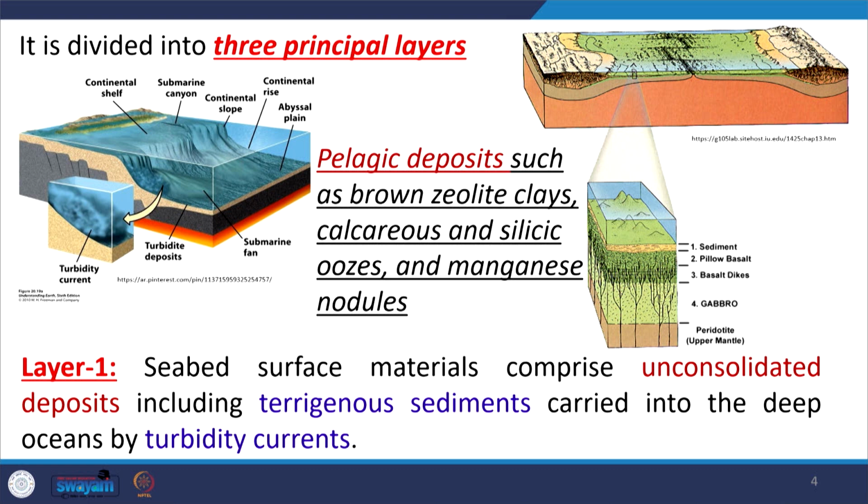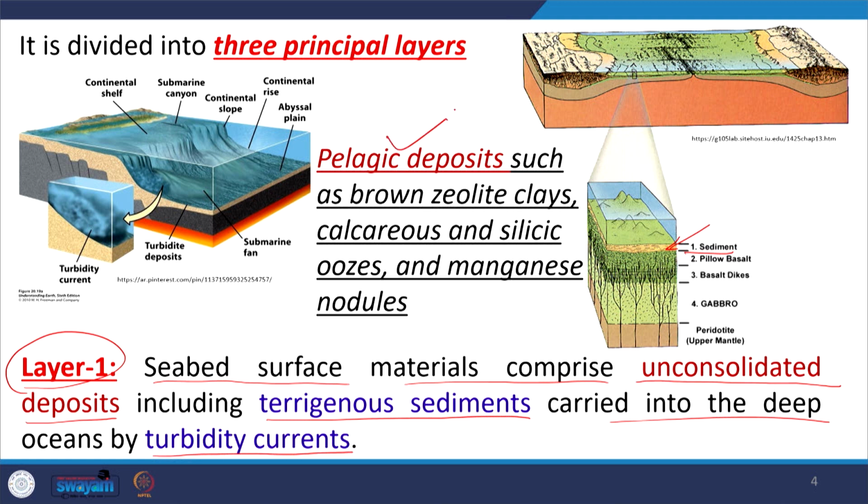So, what are the three principal layers? Layer 1 is mostly sediment. Here you can see this is layer 1, it is sediment. This is the seabed surface material comprising unconsolidated deposits, including terrigenous sediment carried into the deep sea by turbidity currents. Along with that, there are pelagic deposits such as zeolite clays, calcareous and siliceous ooze and